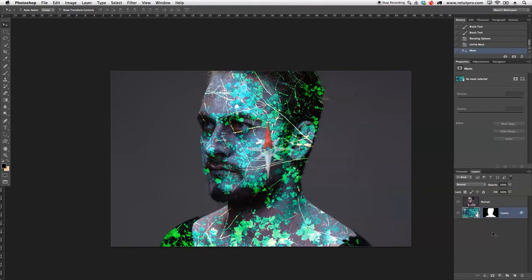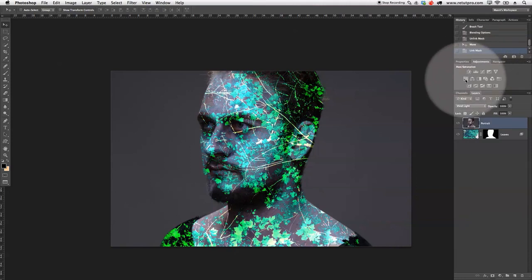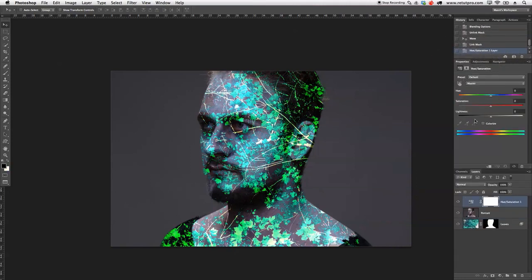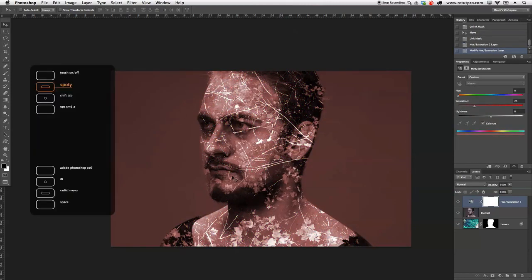Obviously the layer, you can move that around loads of times. I'm going to put the link in again. Go back to portrait, and now first of all I'm going to create a Hue/Saturation adjustment layer. So back to adjustments here at the top, going to select Hue/Saturation, and now for the first step I'm just going to say Colorize over here. So directly we're getting a cool new neutral effect, and it's all blended together a little bit better now